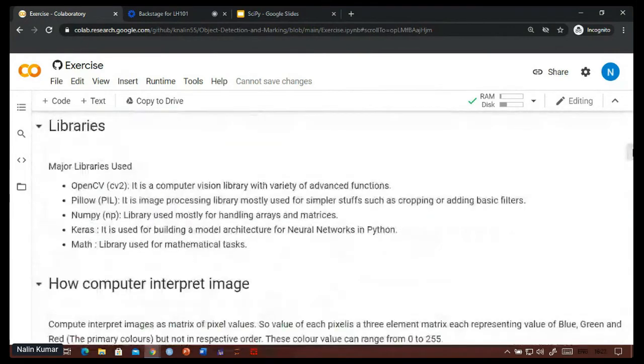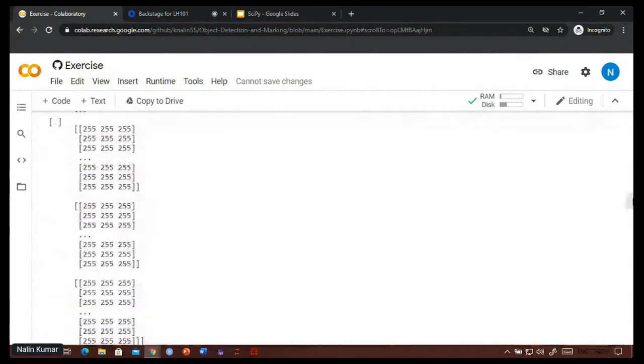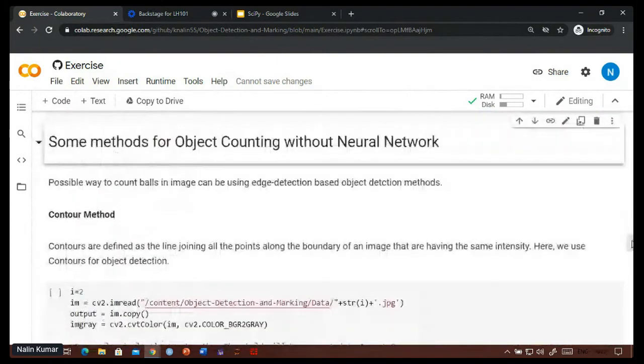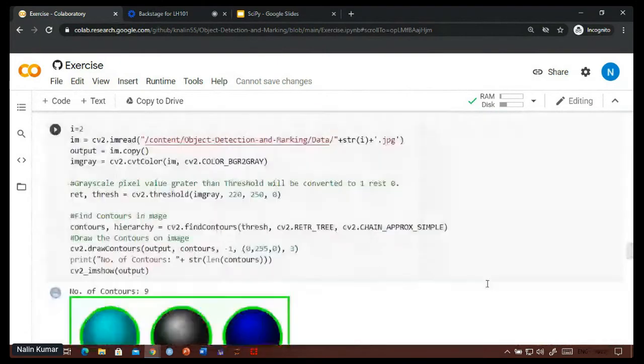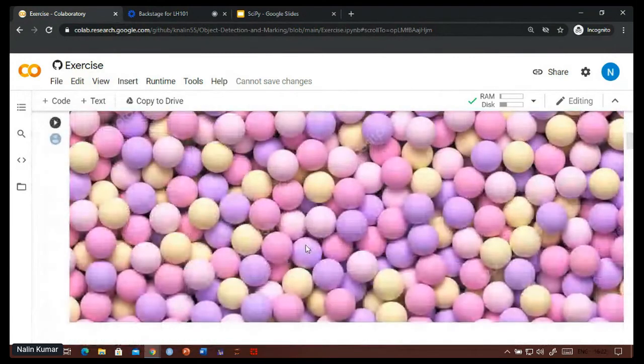When we try to use the Hough gradient method or the contour method, it won't be able to get the boundaries, I would say not even half of them, because there are a lot of overlaps.